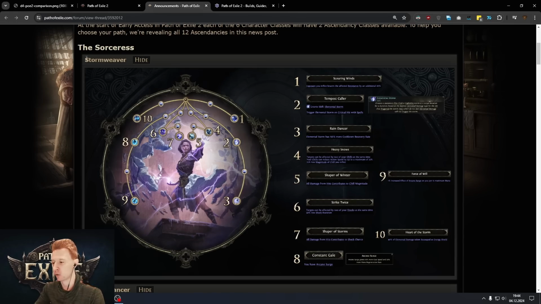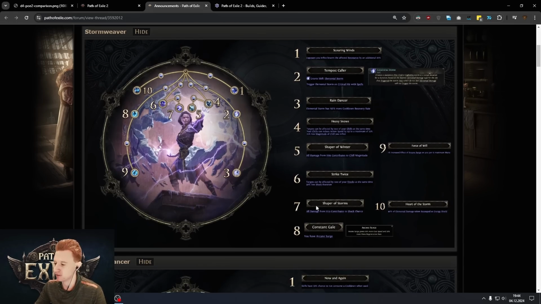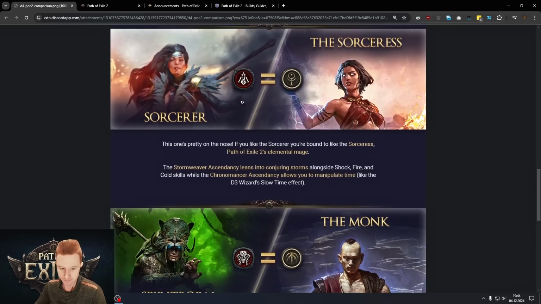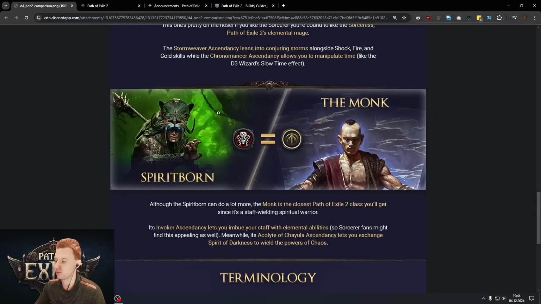want to consider going for the Storm Reaver here, basically revolving a lot around elements. You also have these kind of crazy nodes here that stack your mana heavily, so you can stack damage with your mana, with your intelligence, and you can basically deal a ton of damage during these parts of the game. And then one more comparison that we have here before we jump into the terminology is,